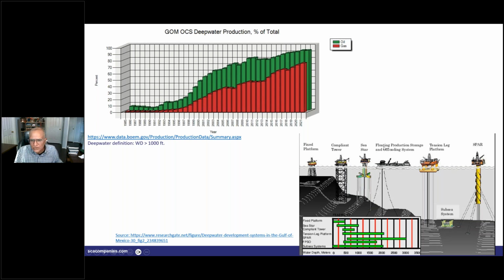Now, with the deep water production, we have to also pay attention to what type of production systems. In shallow water production, you typically have a fixed platform, whereas as you go deeper, you have spars or TLPs, or tension leg platforms, or you can have FPSOs, the floating production storage and offloading systems. And